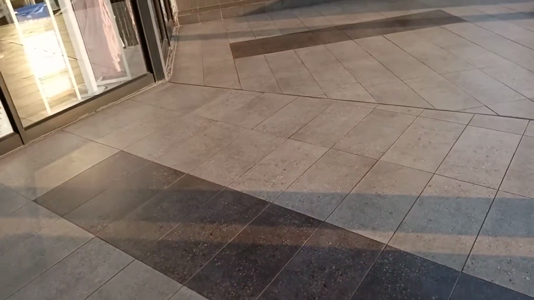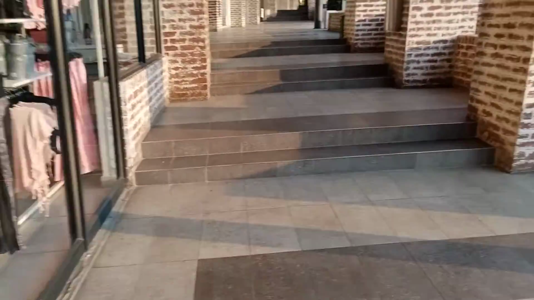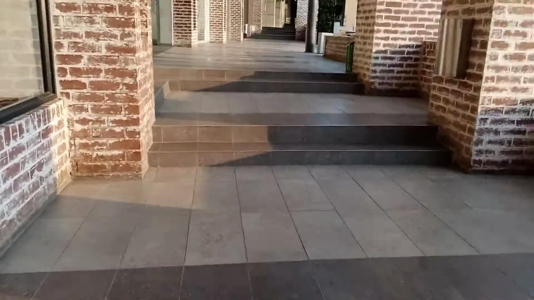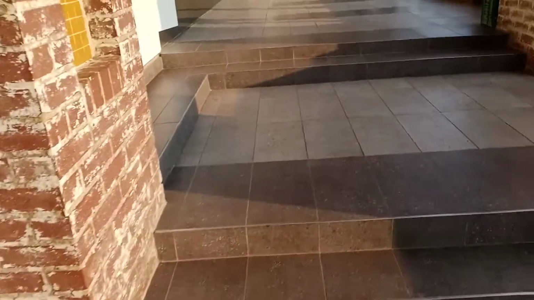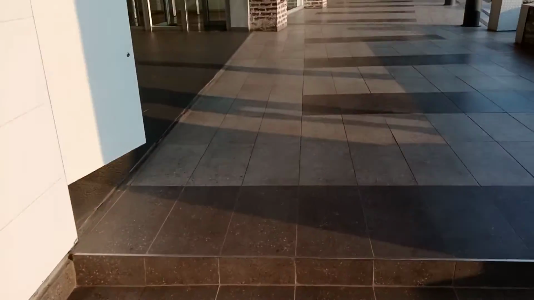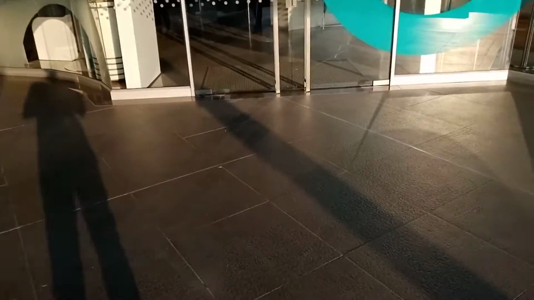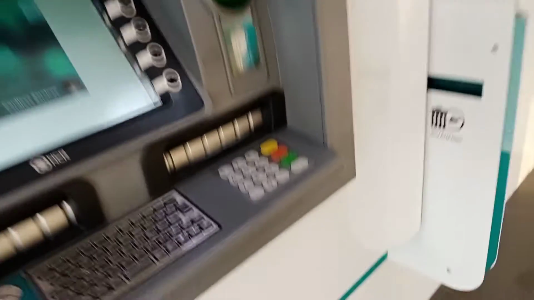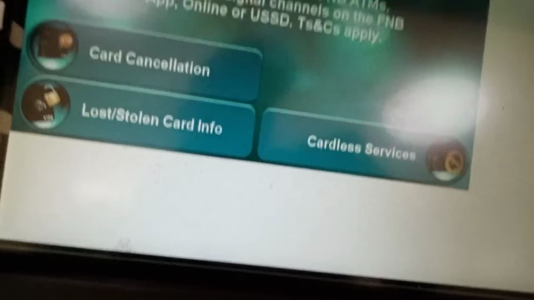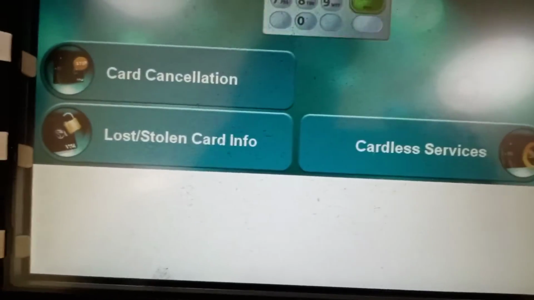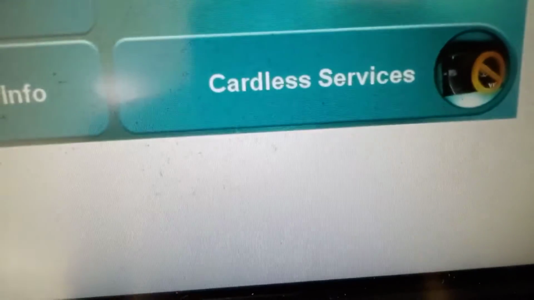Today we're going to show you how to deposit money on an FNB ATM machine. So you need to have your account number ready. So yeah, so what you do,